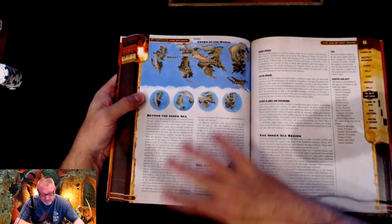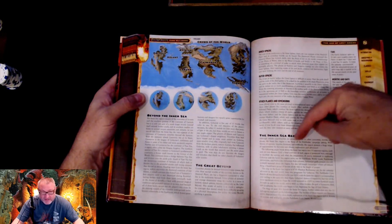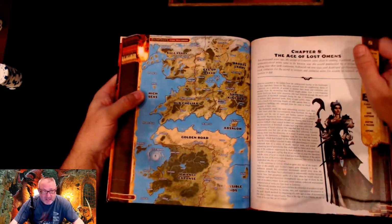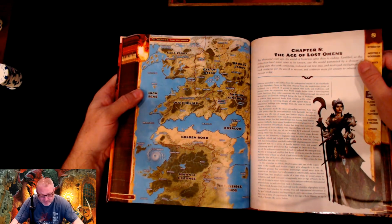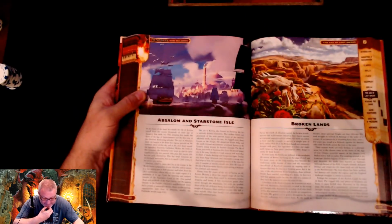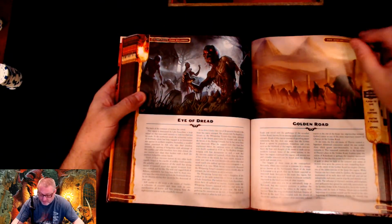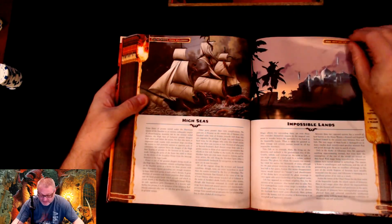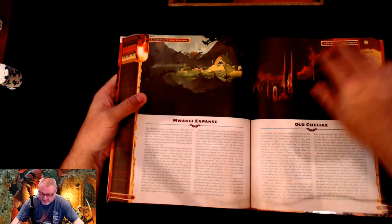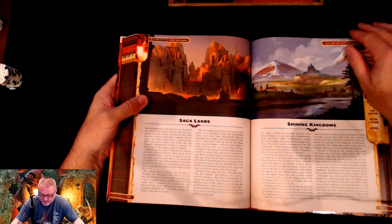So, it talks about the world, the shape of the world. The Inner Sea is the area that is known here. This is the populated area, I guess, of the world is what we should say. The Inner Sea region. And then it kind of goes into each of the different locations a little bit: Eye of Dread, the Golden Road, the High Seas, the Impossible Lands, Mwangi Expanse, the Old Cheliax, the Saga Lands, the Shining Kingdoms,